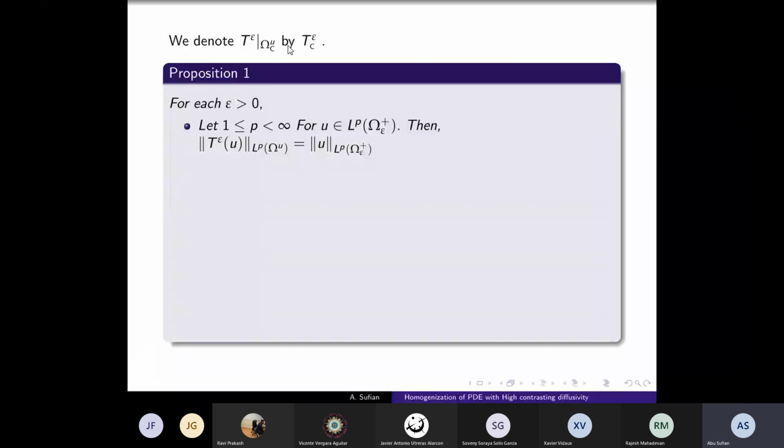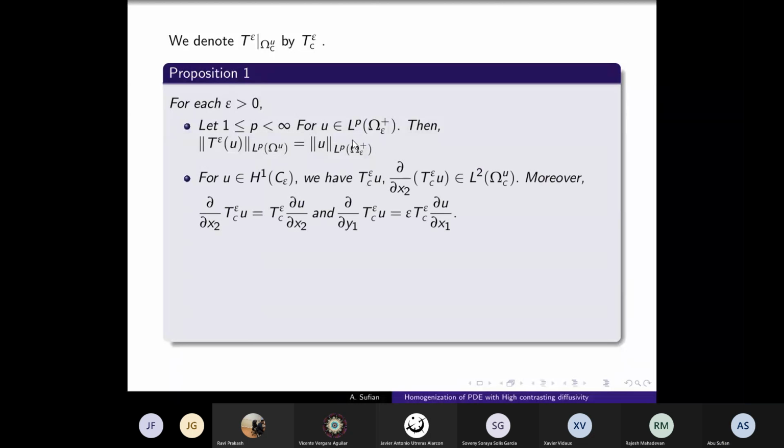For p strictly less than infinity, this is like an Lp integral equality: the norm of T epsilon u in Lp(omega u) is equal to the norm of u in Lp(omega epsilon plus). For u belongs to H1(C epsilon), where H1 is the usual Sobolev space, T epsilon C u and del x2 of T epsilon C u belong to